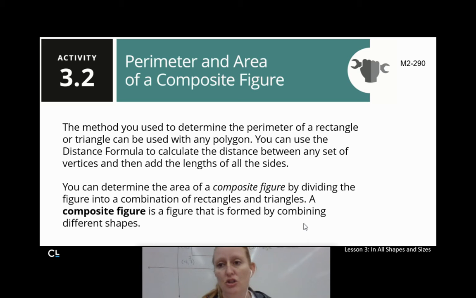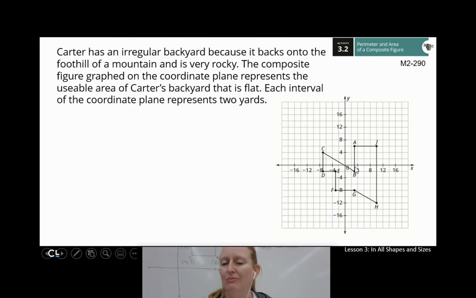So if you're on page 290, M2-290, I have for you one heck of a composite figure. This is a composite figure. There's all kinds of weird little shapes together that created this one. This is Carter's backyard. Sometimes you just get a weird lot and it's kind of on the hills and there's rocks and it's weird. So Carter has a very irregular backyard because it backs onto the foothill of a mountain and it's very rocky. So this composite figure graphed on the coordinate plane represents the usable area of Carter's backyard